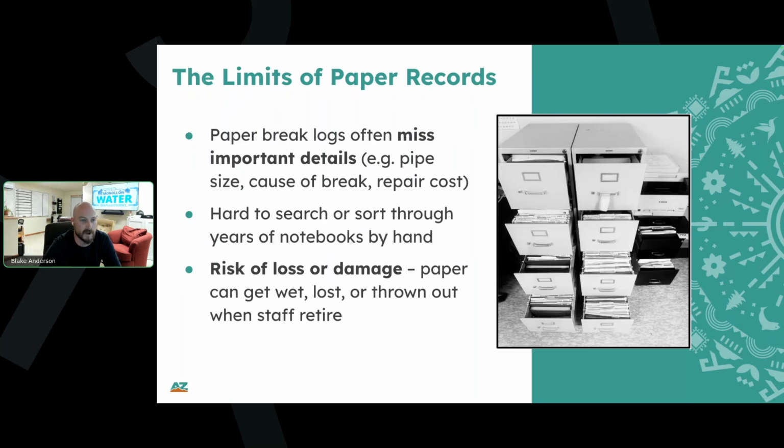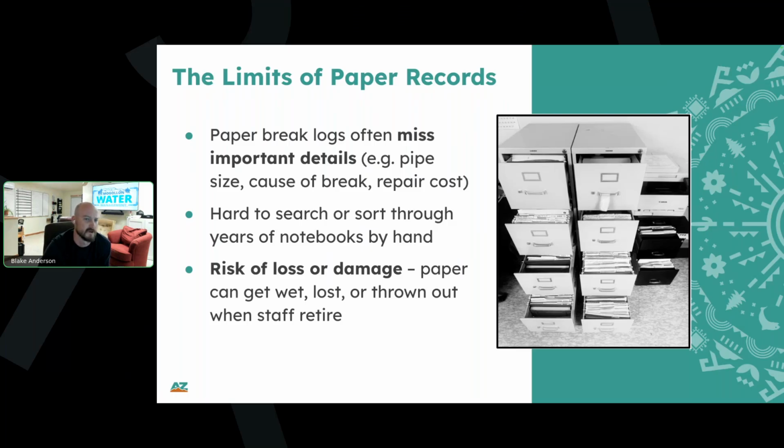If you dig something up and your maps call it out as 3-inch pipe and it's actually 4, is that getting corrected so people have the most recent and up-to-date information? And then the other thing is it's hard to analyze. If you want to get the trends over the past 4 years, you have to go through, find the right file, pull it out, flip through pages and pages, try to read somebody's chicken scratch from the field, and then maybe come up with a solution.